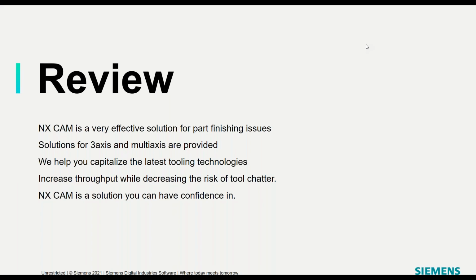And we went over the circle segment tools, showing how we can help you capitalize on the latest tooling technologies that are out there and our commitment to continued development. Our plan here is to help you increase your throughput while decreasing the risk of tool chatter in your finishing operations. Overall then, NX-CAM is a solution that you can have confidence in. And for wrapping up our webinar today, I'm going to turn it back to Paul.